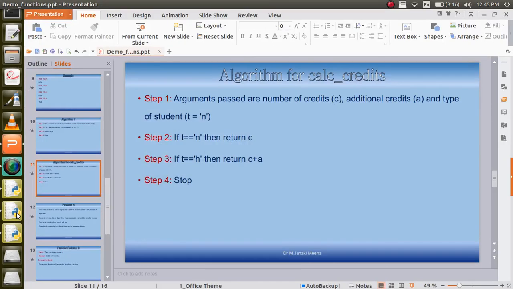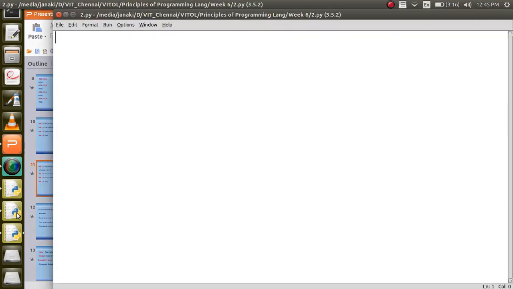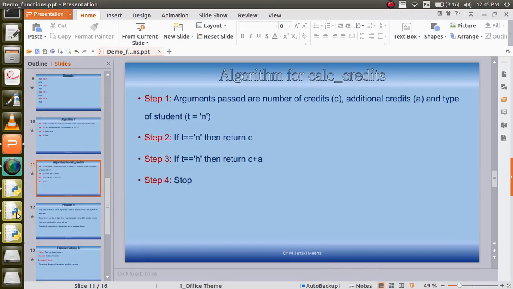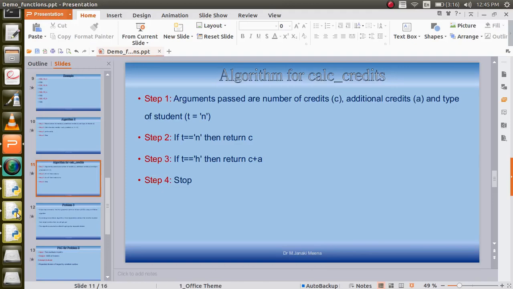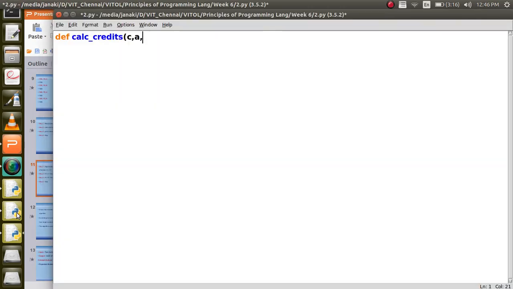So you are going to write a function calculate credits, and you are going to get the input as the number of credits, then additional credits, and then T. T is the type of the student, and I am going to make this T a default argument, and I am saying that it's normal, because most of the students aim at doing a normal degree only, right?